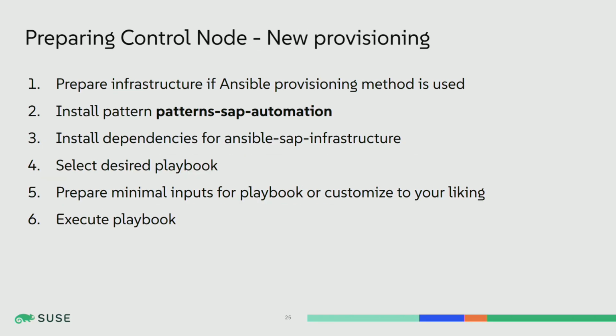So we have two methods in this case. This is full end-to-end provisioning. So what do you need to do? When I mention Ansible for infrastructure, you need to provide those first elements. Then you just need to install the pattern and the dependencies, since you are provisioning, and then you pick and choose what you want to do, enter the inputs that you need, and you run it. So at this point, it's simplified to the point that you only need the minimal inputs, and the playbooks themselves and the variables were all cut down to the core minimum that you need for a run.